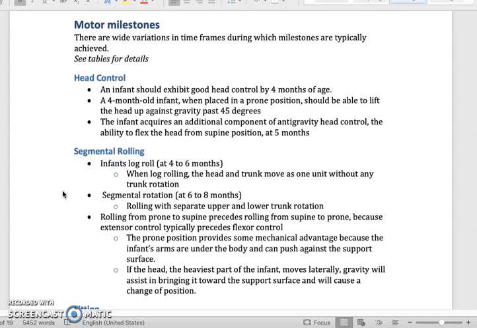Again, I think I mentioned in class, if you look at 3 or 4 texts next to one another, you will see that the ranges are different. I will give you the specific ranges that I would like you to know for testing purposes, but please understand that these are just ranges. Some children develop more quickly, some develop more slowly. We don't have concerns about these ranges unless they're way out of the ballpark.